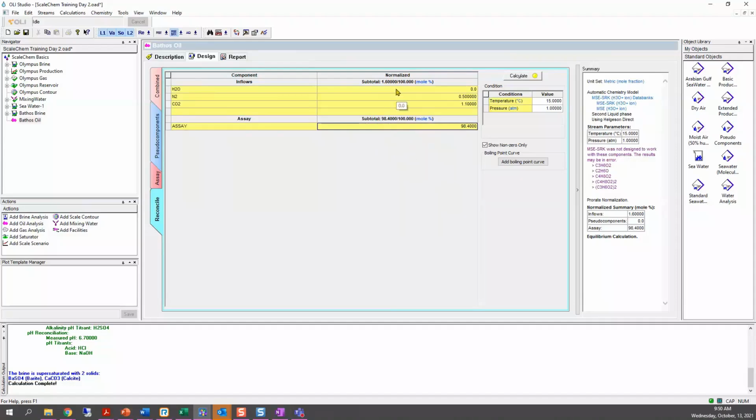Another thing I want to point out is that ideally, it would be nice to have the composition of water present in the oil. But in this case, it was not measured, so we don't have the value and we couldn't put it in here.